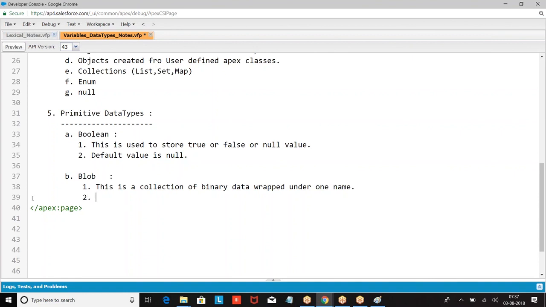So this is used to store files, documents, PDFs, or encrypted data. Next, after Boolean and Blob,